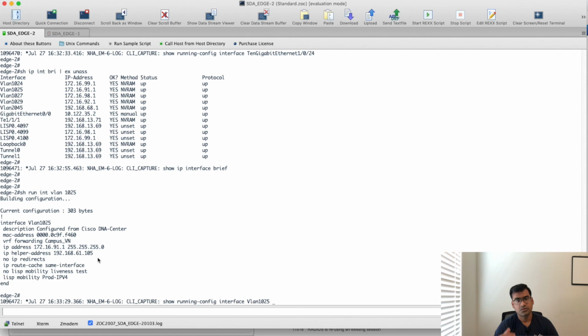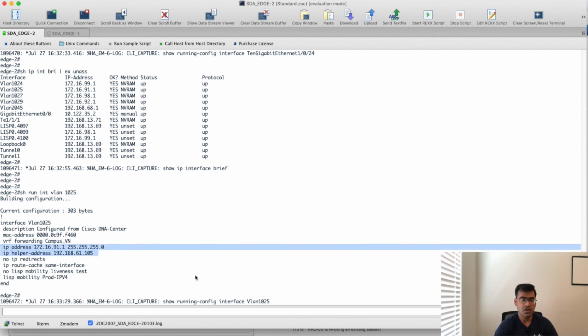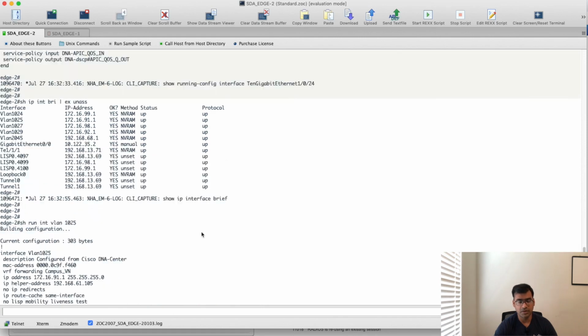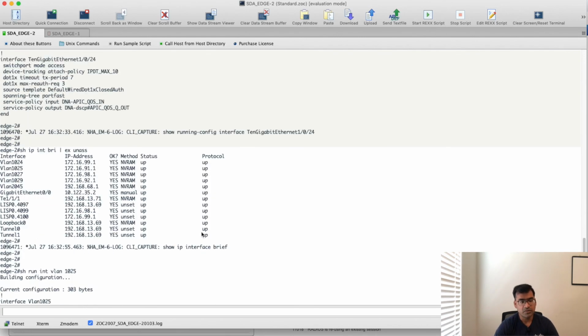So the end host connected to the .1x authenticated port sends a DHCP request, and it has got an IP address based on the policy, right? So I will show you how my end host was able to connect to DHCP and how it got assigned to this VLAN. Okay, but you can see that VLAN 1025 is